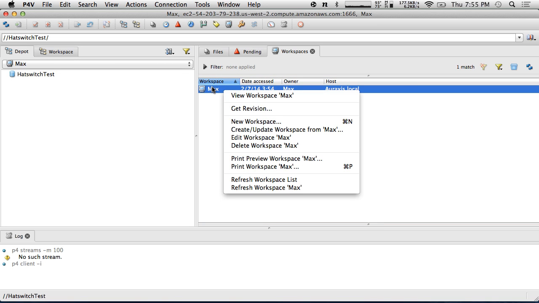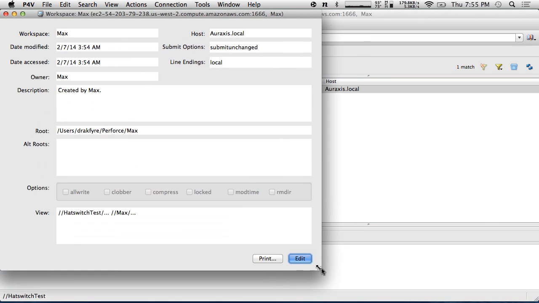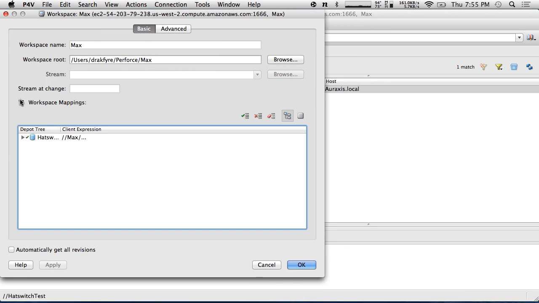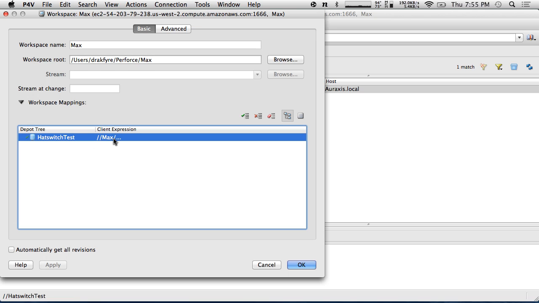So we're going to open up this workspace here, double-click it, and I'm going to edit it. So right now, it defaults to having a workspace mapping that gives you access to your depot, which gives you all files into the mapping, and it shows you where your files will be stored locally when you sync files to the depot. So this is where you're going to be storing your project files on your computer. I'm actually okay with this for the demo, but you can change this to whatever you want. If you're on Windows, it'll be like C:, something, wherever you want to put your Unity files for this project. I'm going to just go with the default here of